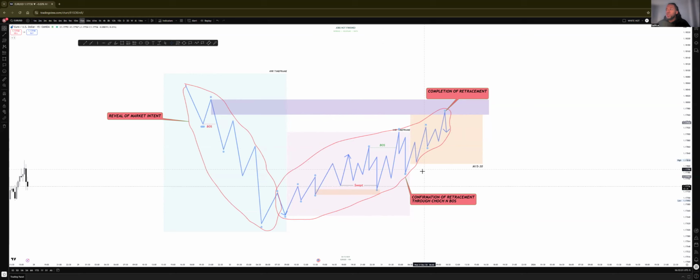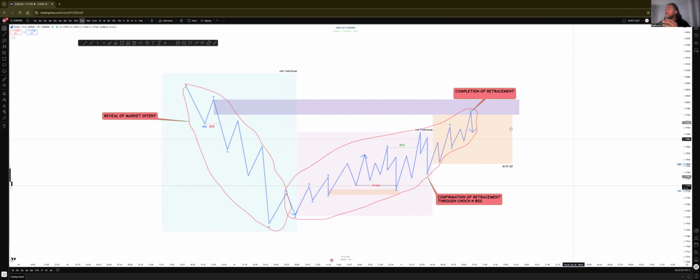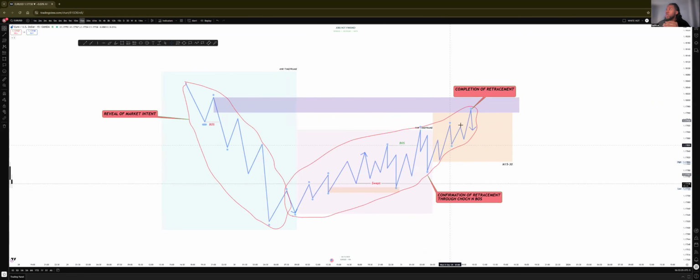So what are those people going to look at? They're going to see this low led to this high and broke this structure just like this one. And they're going to say the shift has changed. We're no longer bearish, we're now bullish. Price is going to continue higher now. So those people are looking to buy from this low, and they're going to say this order block right here is what they're expecting